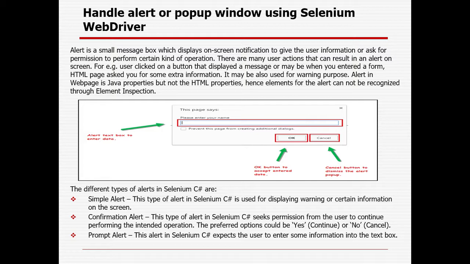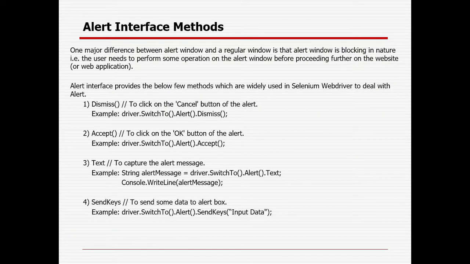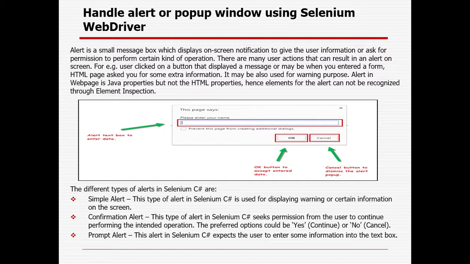The last alert is the prompt alert, where if you click on some sort of alert, it will prompt you to enter something. With the help of the sendKeys method available in the Alert interface, we can add some value in the alert. We cannot add it directly, so we need to go to driver.switchTo().alert(), and then call the sendKeys method. We can enter some value. After that, we can click on the accept button, the OK button, which sends the value to the alert. So that's the third one for the alert.